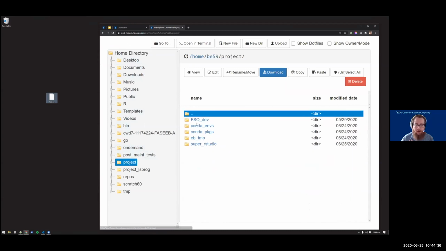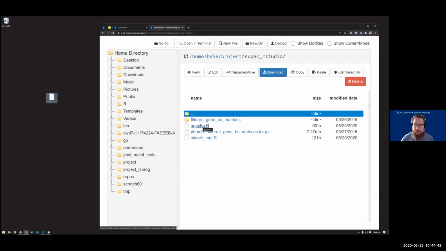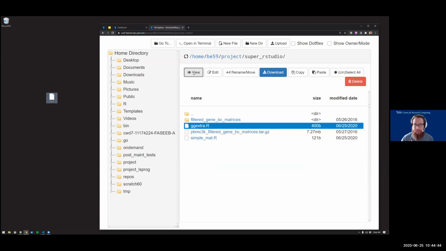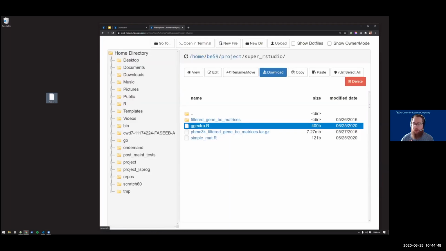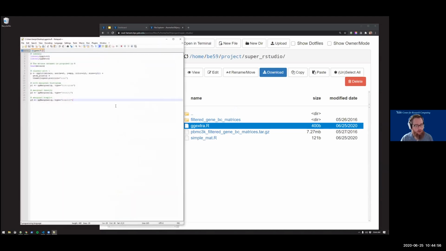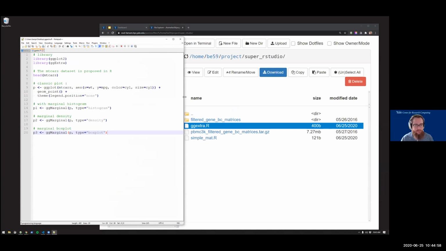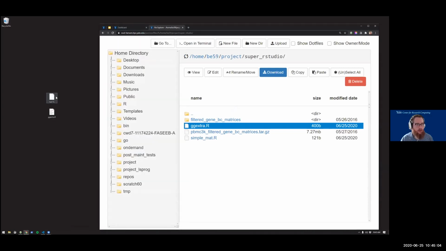Maybe my project directory. I could go look at an R file. Here's just a simple plot that we're going to go over later. I can drag this down to my desktop. I can open it. Can look at it.